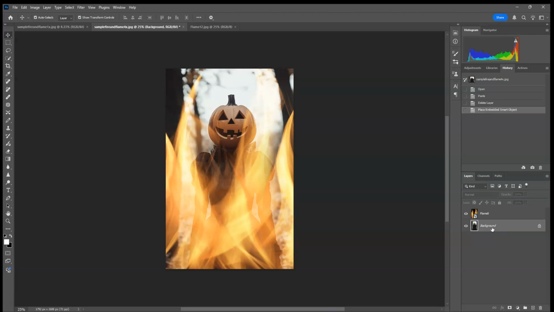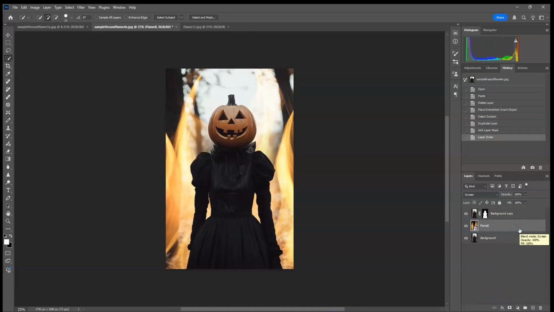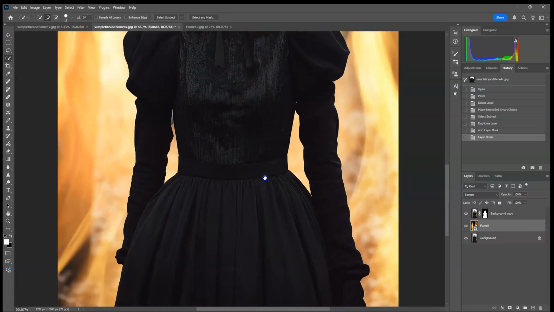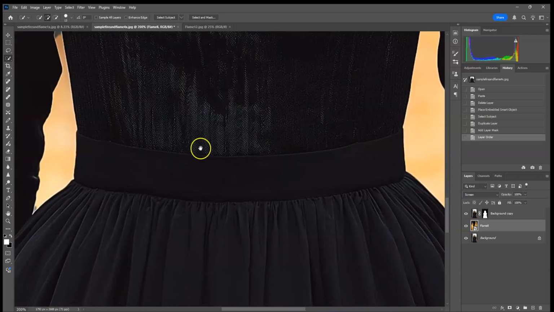So I'm just going to come to my subject here, go to my quick selection tool and select subject up at the top. Duplicate that layer and then create a layer mask, and then I'm just going to drag my flame in between those layers, and you would want to just zoom in and double check that your edges don't need cleaned up,